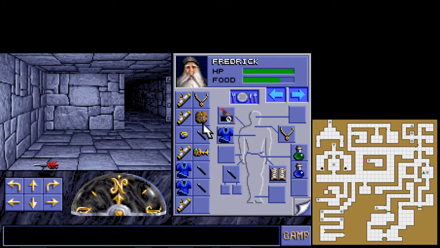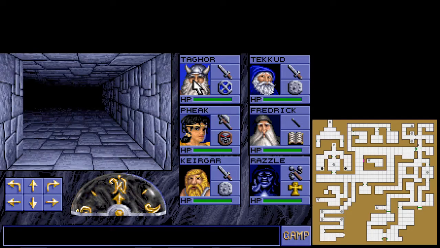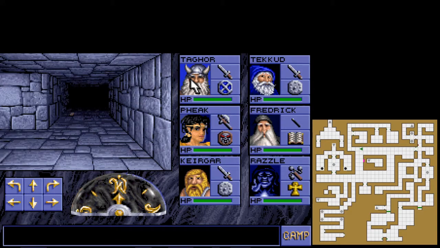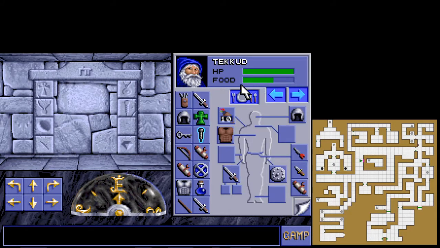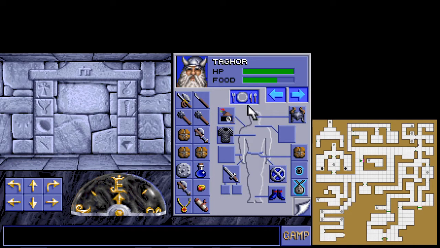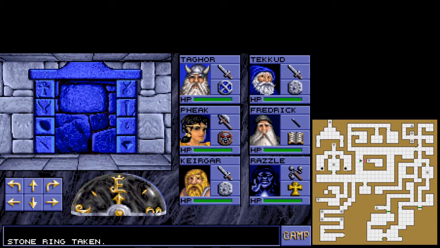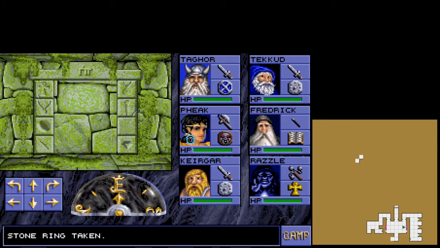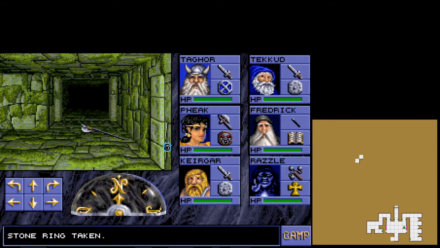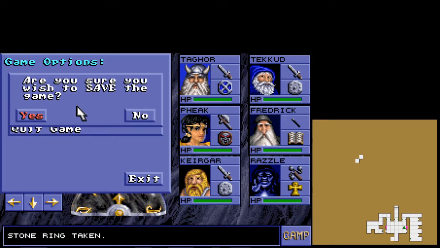There's more food in here. We've also got this jeweled key here. We found somewhere. Right, so this is... It's not that staff. It's the ring. And this leads us to Zenithar's Outer Sanctum Mantis Hive. Save. And...